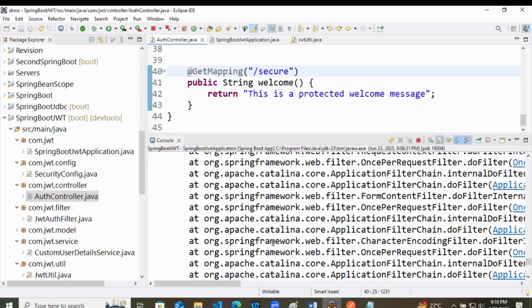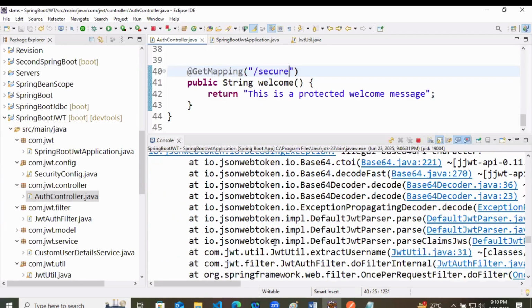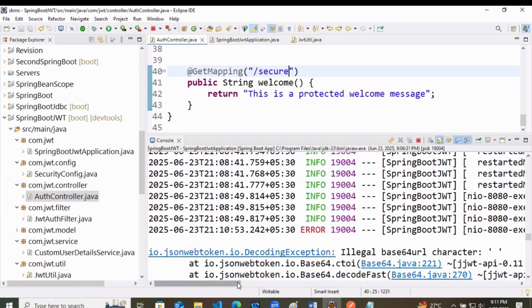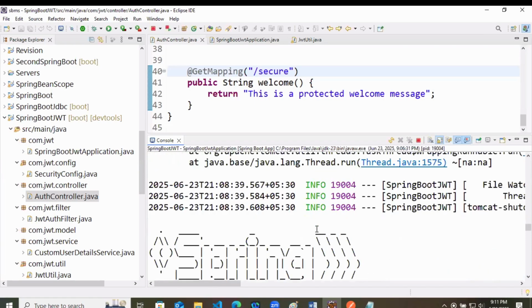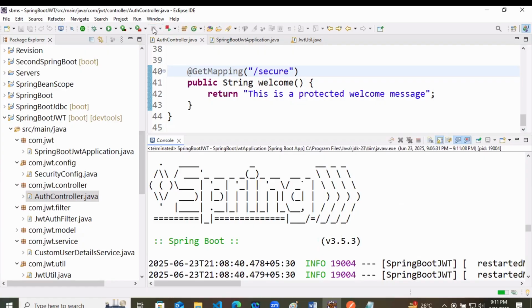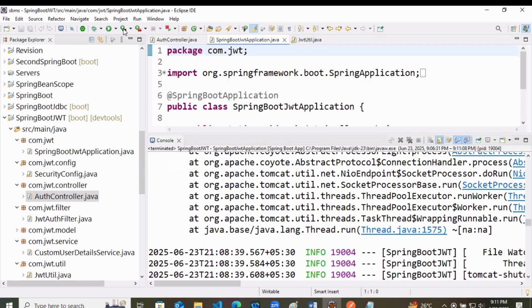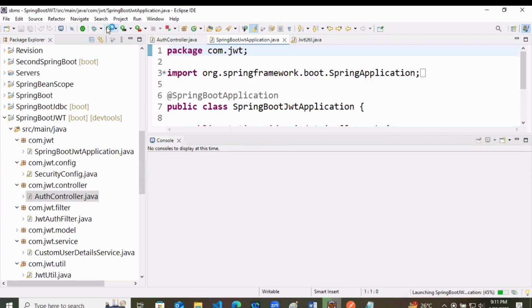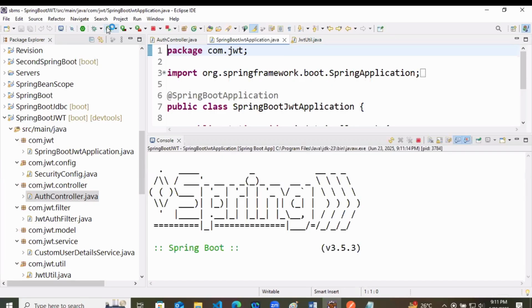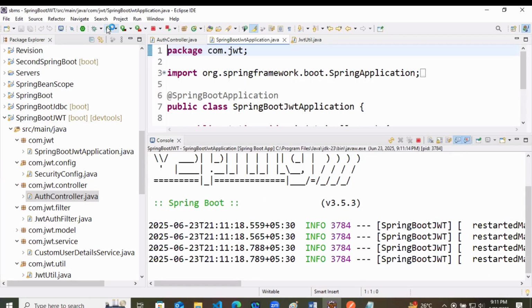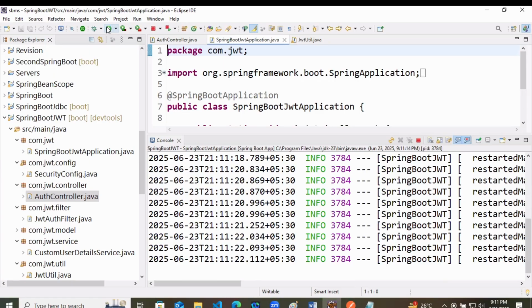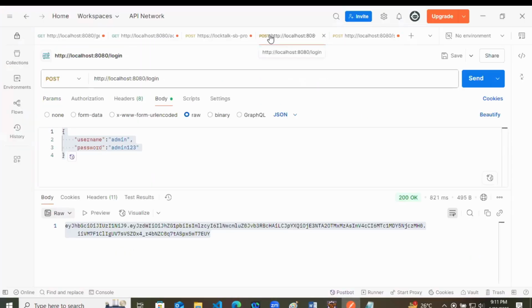Forbidden again. Okay, some error is there. Illegal base URL character. Where? So let's restart the app. And at first we will generate one token again because it is already lost. So we will click on send,